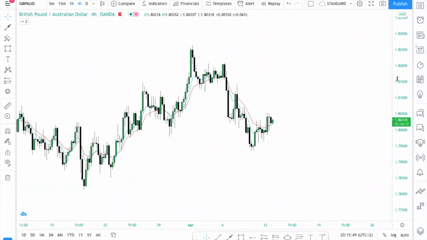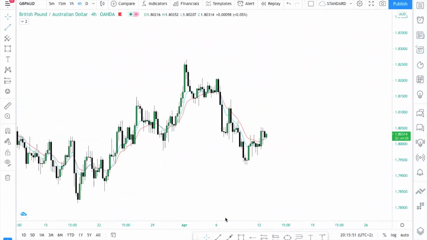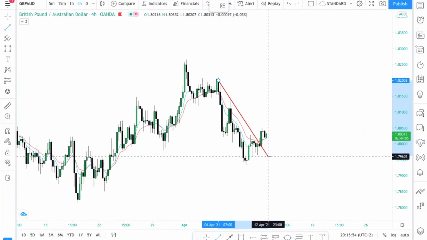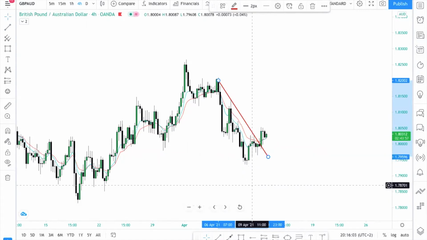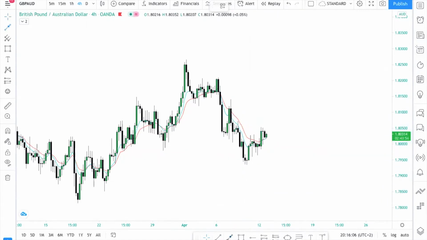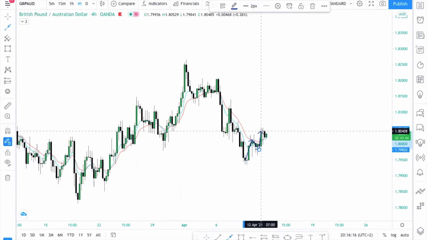On GA, we see something quite similar, where price was moving down initially. We got a break again of our downtrend, and price has started moving up. This is a better setup for me, simply because we've already gotten our first higher high, our higher low, our second higher high, and price has moved down a bit already, and it does look like price is beginning to continue up. So again, what I will be looking for,